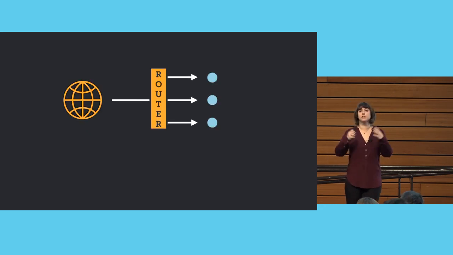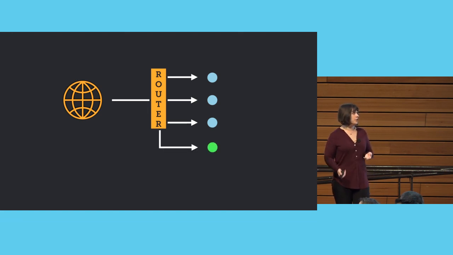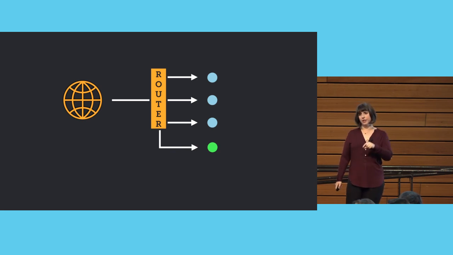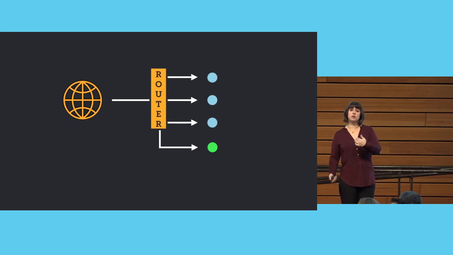All of this depends on some sort of router at the front of your services. It's pretty standard in microservices. You're not usually going to have only one instance of a service, so you need something in front of it, a load balancer or a router, to route traffic. So in a canary deployment, you have your router, and you deploy one new instance of the server, and you send traffic to it. You start with a really small percentage, 1%, 5%, and you ramp up, you ramp up. If things look bad, you roll back.